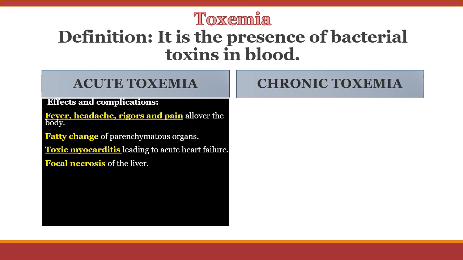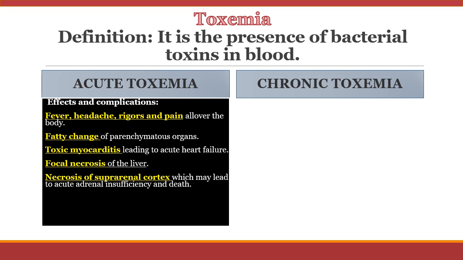Also, we can see some focal areas of necrosis in some of the organs, such as the liver. This is also under effect of a spread of toxin. The same can happen to the adrenal cortex. And if there is a suprarenal or adrenal cortical necrosis, this can lead to a big problem, because from the adrenal cortex there is release of very important hormones that regulate the metabolism in the whole body, like the cortisone, for example. So these hormones like glucocorticoids or cortisone, if we have necrosis of the adrenal cortex, we will have